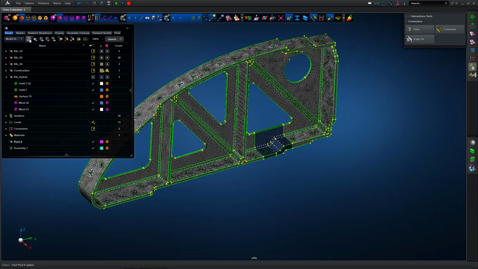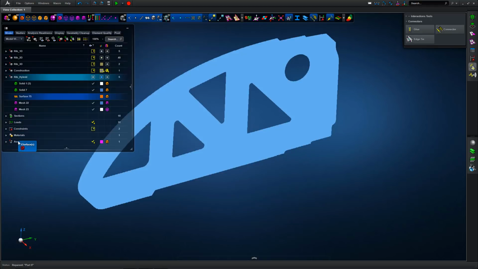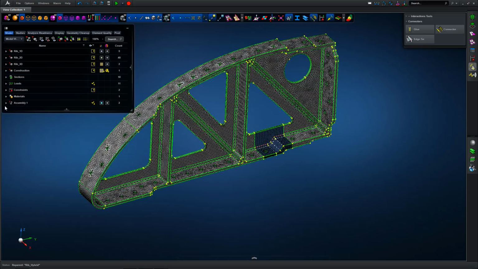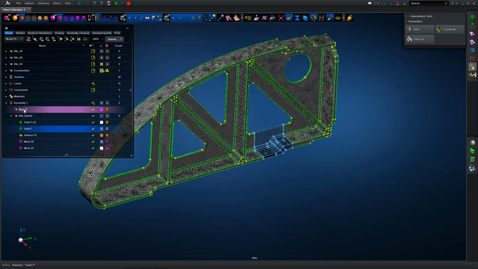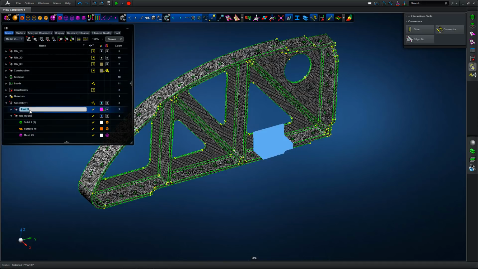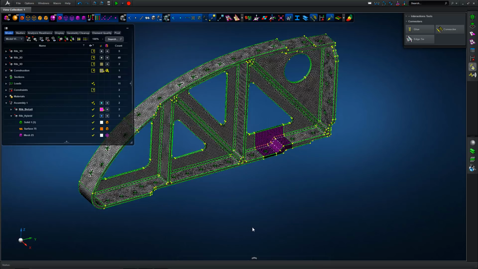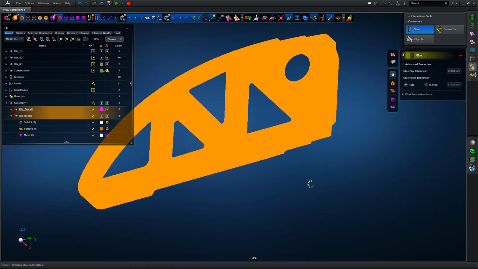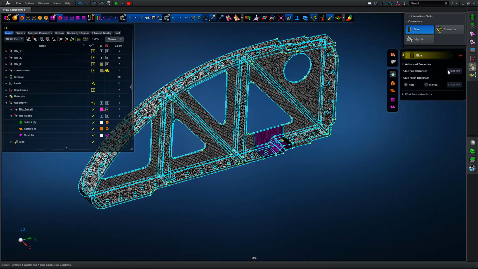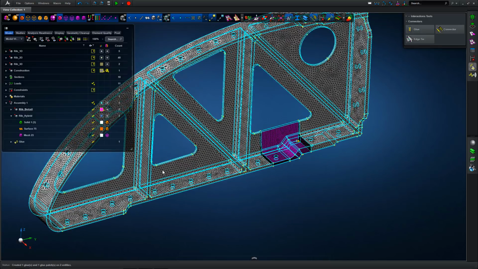But what we're going to do is create an assembly and drop the larger rib and the smaller hex mesh region into that assembly. I'm going to rename the move, and then rename the local rib detail, where we've got the hex mesh. Just typing the name into the tree, we can see we've got that definition, and then simply in terms of glue, we just pick the two or more sets of entities we want to glue together using default settings